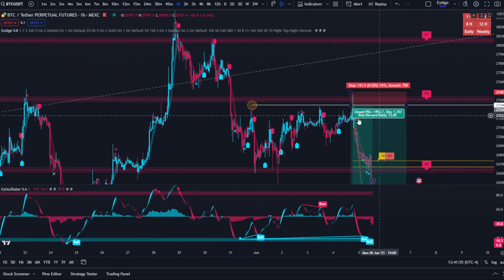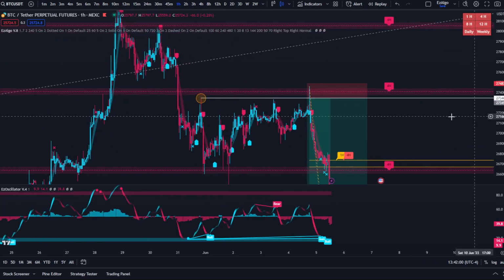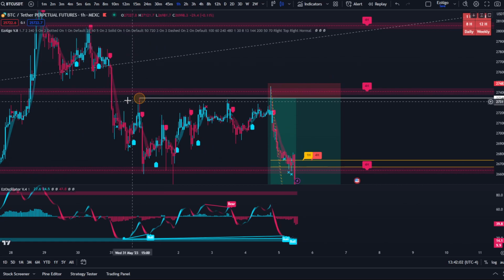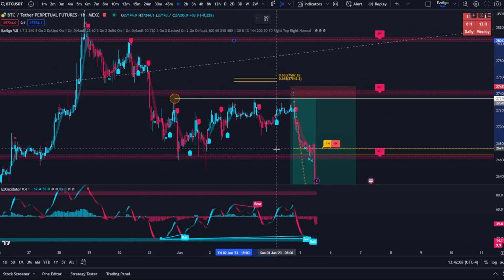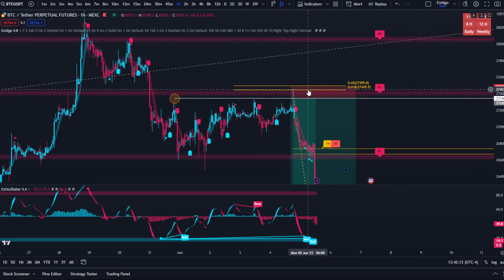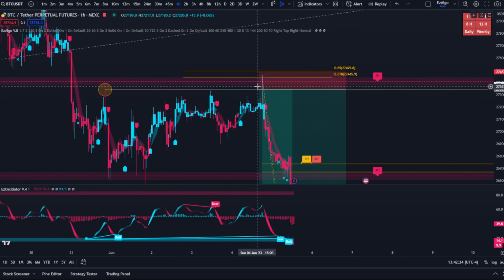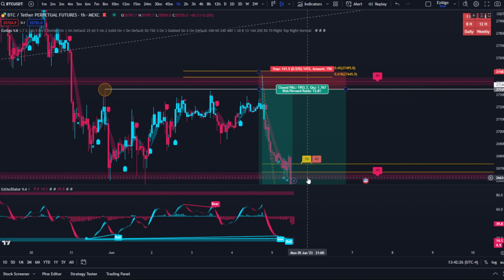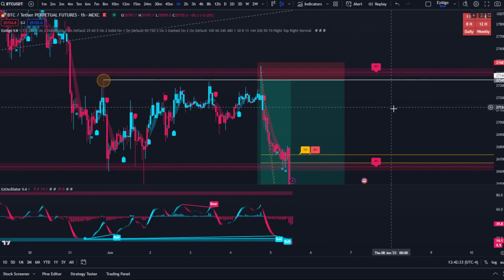The second reason is because we have a 4-hour resistance in this general vicinity, giving me more confluence that if price comes up to swing fail this candlestick wick, we'll see some sort of reaction. And because we had a key Fibonacci retracement level, right? We also had a golden pocket right above this candlestick wick. So price is going to come up, grab all the liquidity from this candlestick wick, tag that 4-hour resistance, tag that golden pocket, and then come down. So if you wanted to set a limit at the 618, you could have as well,